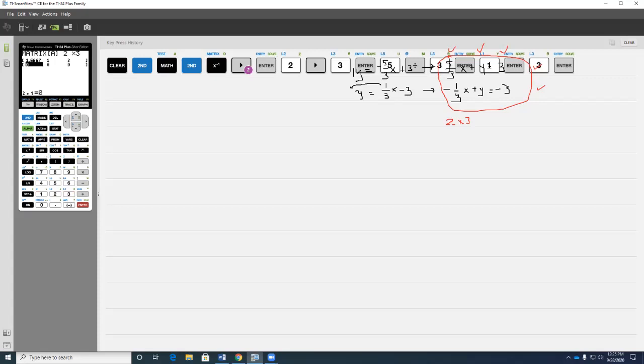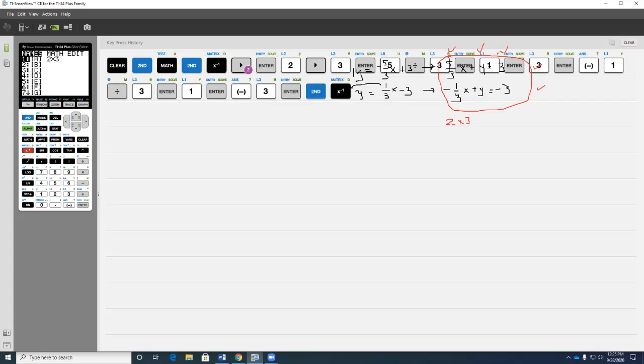And now for the bottom row, I have to enter -1/3 for the x column. I still have to put the 1 in for the y, and then I'll put in -3 for the constant. Now once you do that, the calculator will do the rest of the work. You're going to go to second function again, select matrix, then go over and select math, then go down to rref, select it, and then you have,